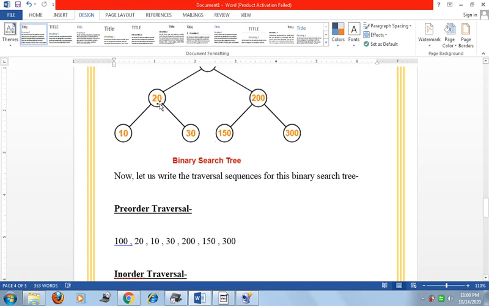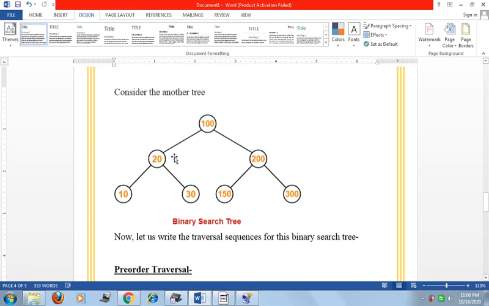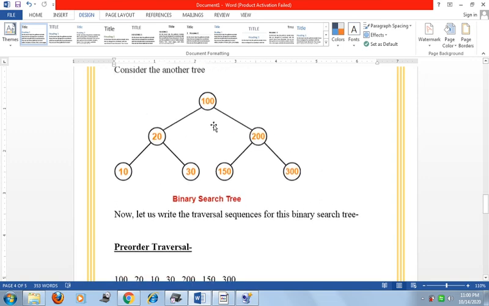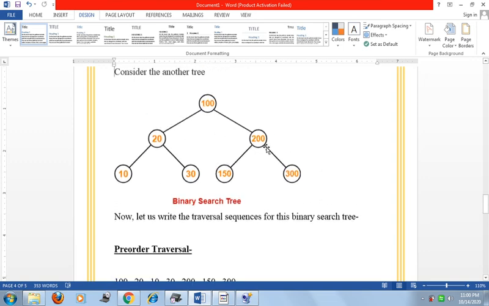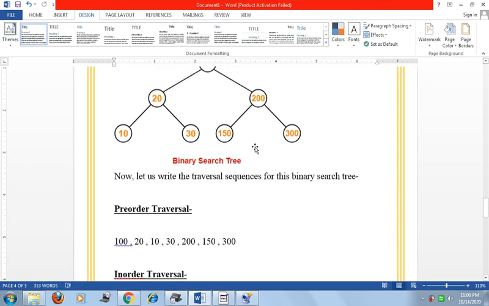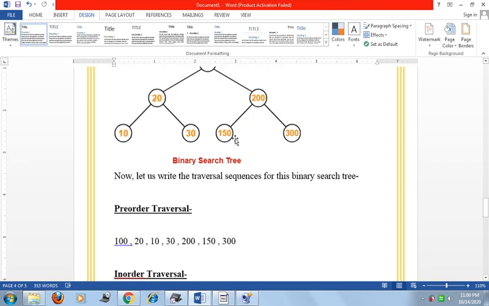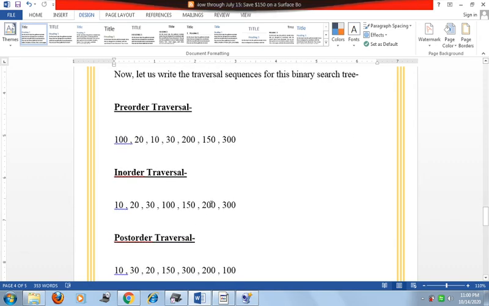So 10, 20, 30. Now 100. Now here we go to the 200 part. 200 again has the left part: 150, 200, and 300. So the in order traversal of the above tree is like that.